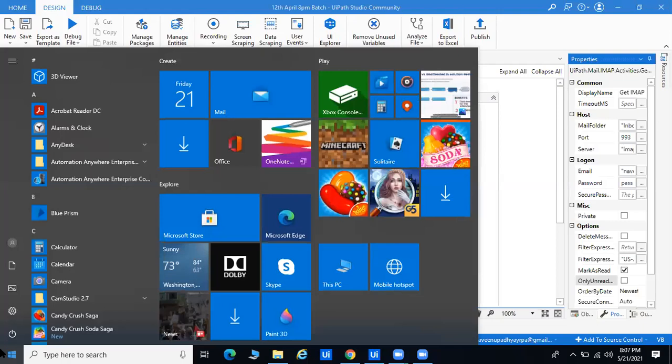We have multiple windows like the UiPath Studio, your Orchestrator and Robot. Also, I'll try to show you.